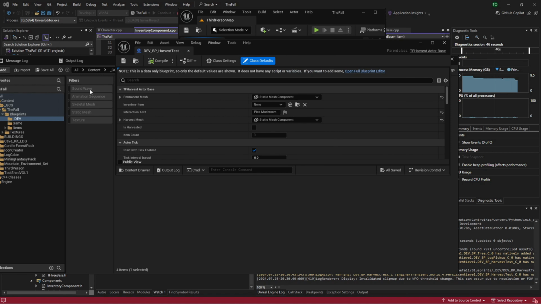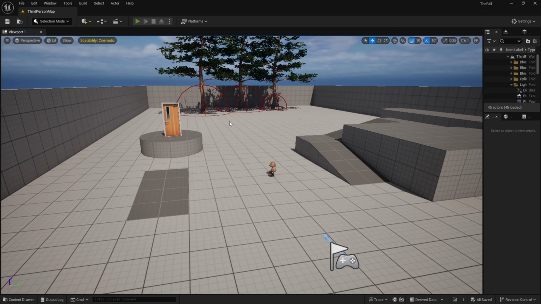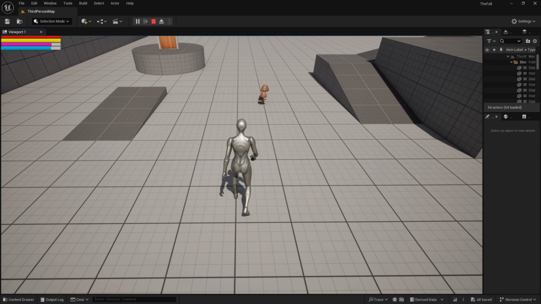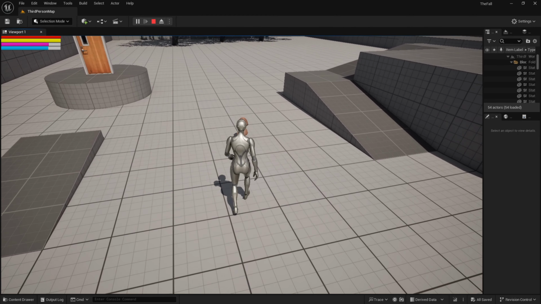I'm going to expand the editor again, and we're going to play quickly because I want to make sure that the is valid check we just added actually catches that, because that's the last thing you want, something like that happening in your final game. It's going to cause things to crash. You don't want your game to crash. So let's walk over,